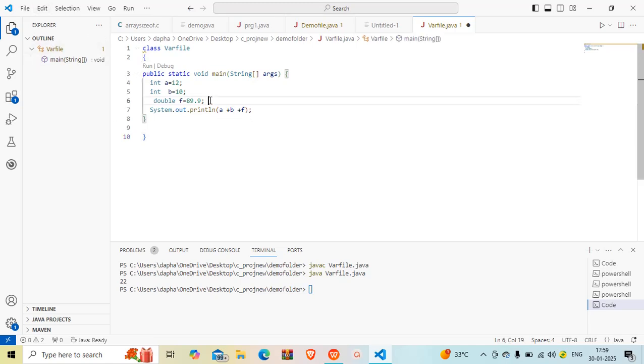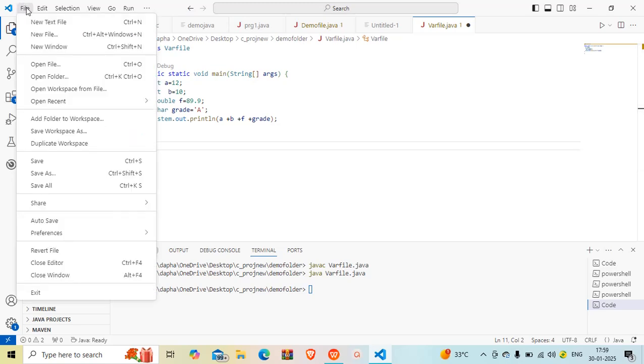For character, char is its keyword. You can take any character, like I can take grade also. We are using it for writing grade, like A, B. I'm taking this one, and for printing grade, take that variable, not its value. Okay, so we will check that one.